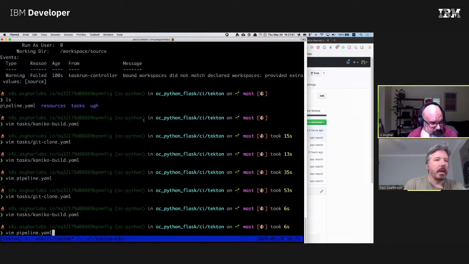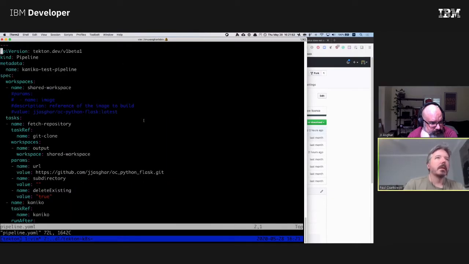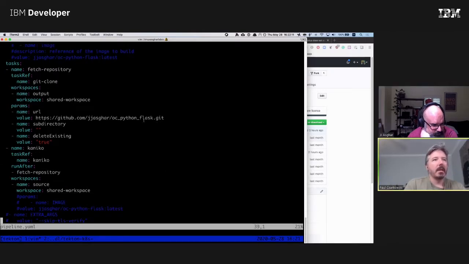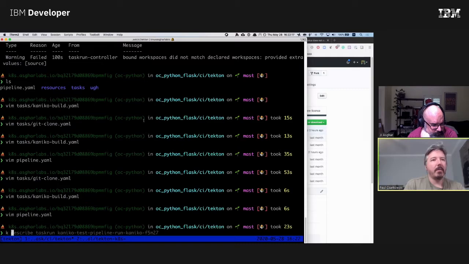They are different names, but it looked like here we're saying we have a workspace, but then in each task, we're referring to it, right? Yes. So here, fetch repository, we're calling it output. Here, we're calling it source. So I think we can delete